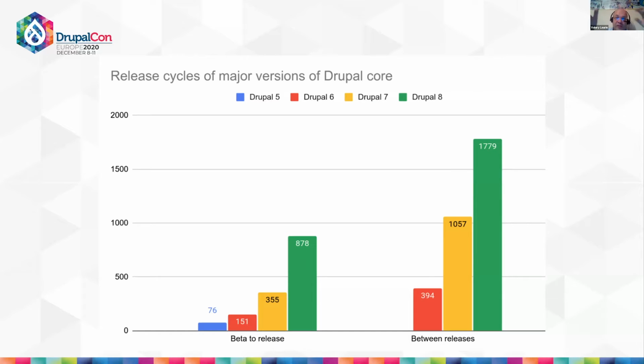The yellow bar is from Drupal 6.0 until Drupal 7.0. And finally, between Drupal 7.0 and Drupal 8.0.0. So you can see that for Drupal 8, it was, and we know that